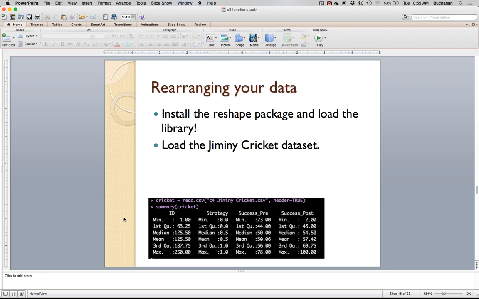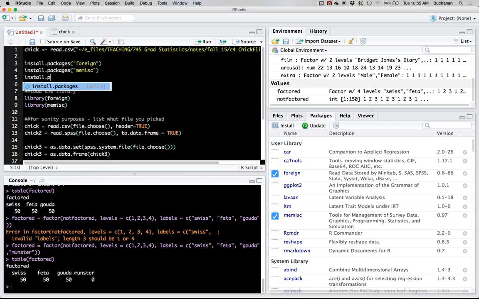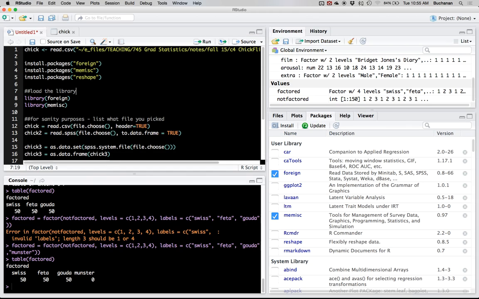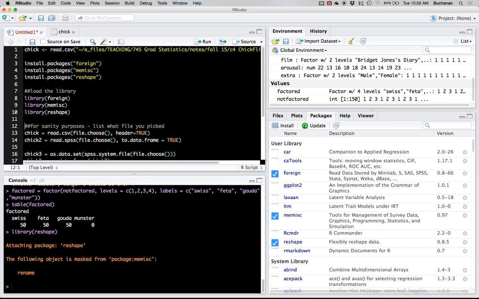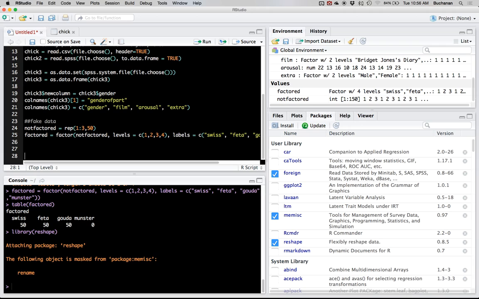So last but not least, let's talk about the reshape package and what it will do for you. So be sure you've installed reshape. I already have it on my computer. And this is reshape 1. So I'm just going to load that library. So I'm going to first import the Jiminy Cricket data set from the Andy Field book. So let's do cricket is equal to